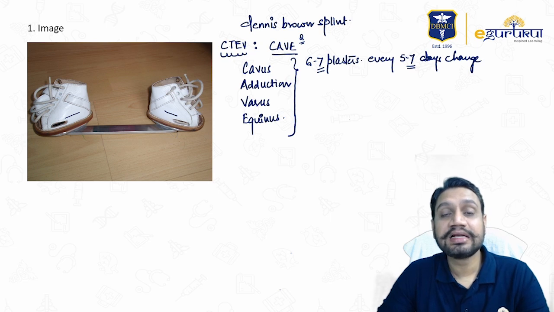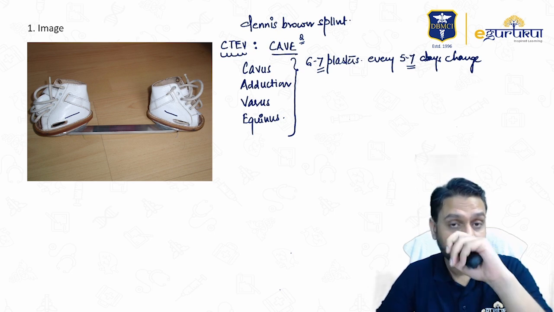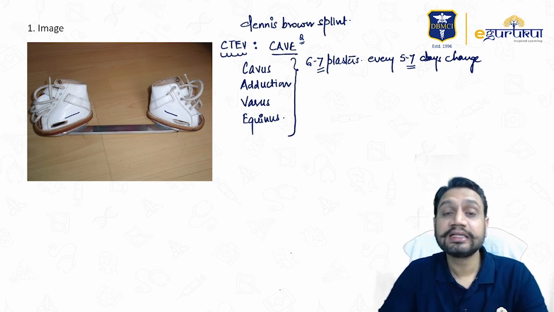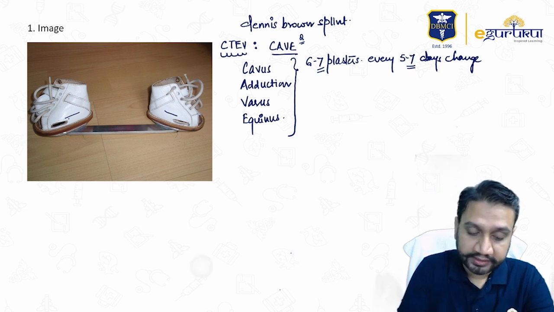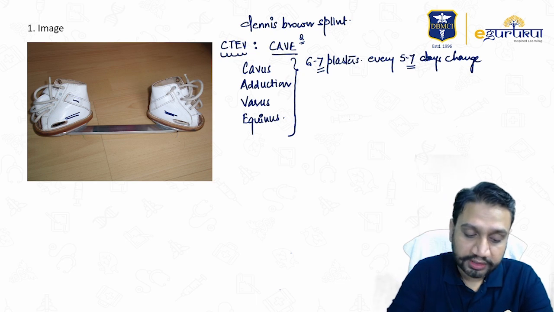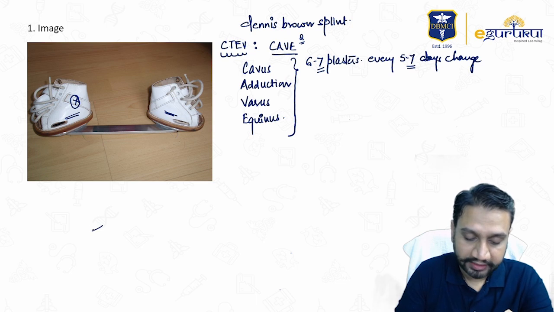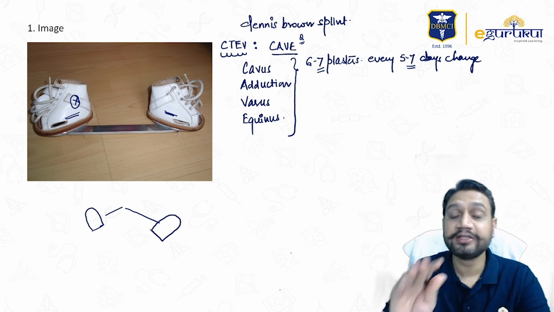The child is still a 2-month-old baby. Will he be able to maintain the correction? No. So once the correction is achieved by manipulation and the plasters, we give the child the CTEV splint, which we simply call the Denis Browne splint, where these two shoes are connected to each other by a bar. And the foot which we correct for CTEV is always kept, for example, one foot like this, and the other foot will be kept in extended abduction. That means more of abduction.